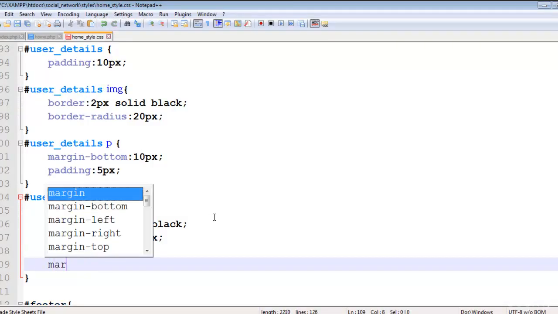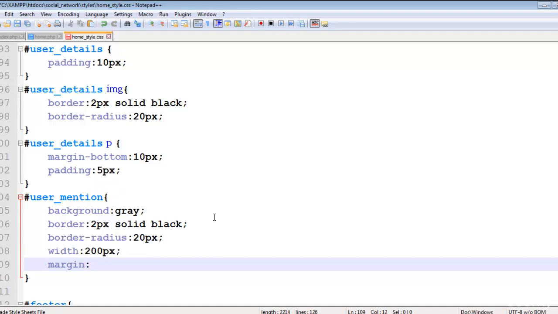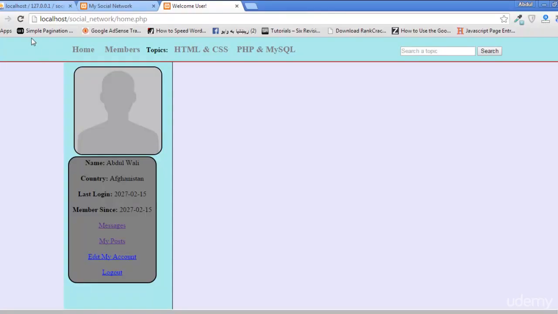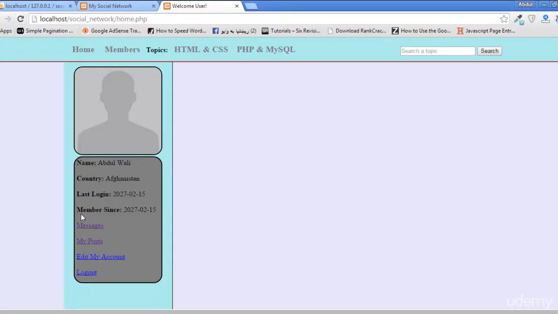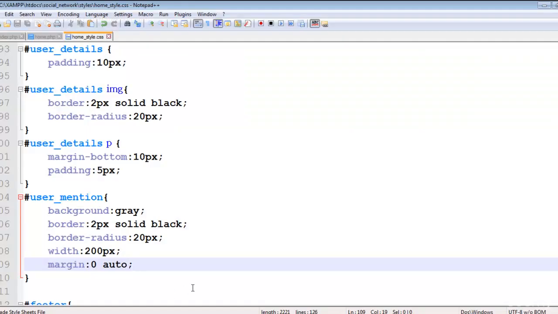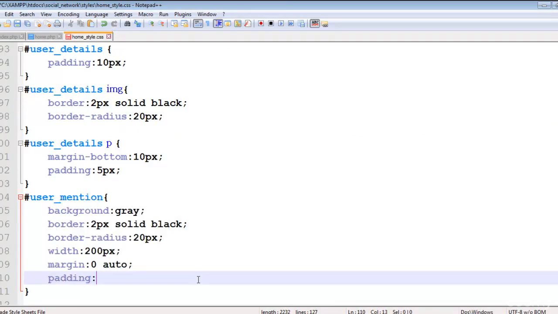There is no need for text align, just say margin 0 auto. Now it's fine. Okay, just add some padding as well. Padding only 5px,